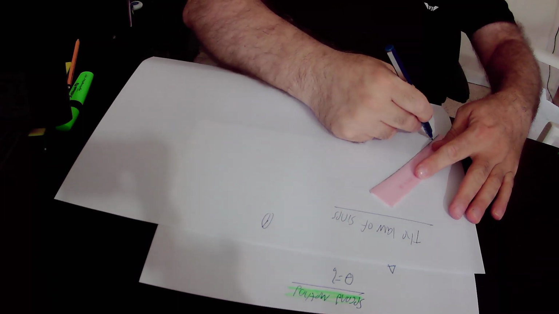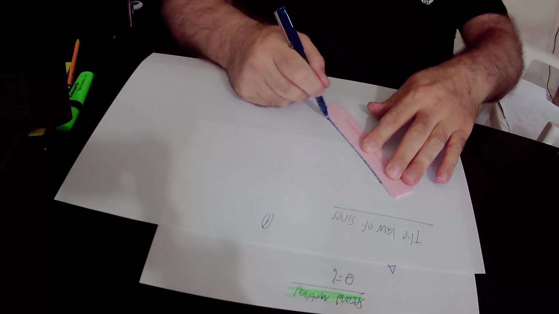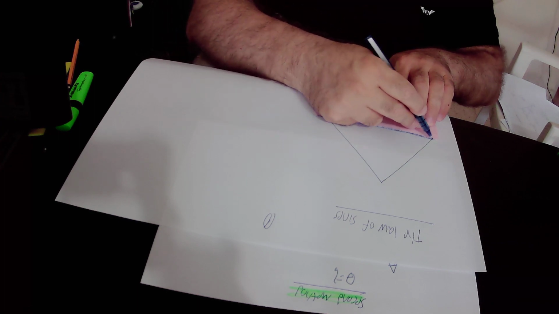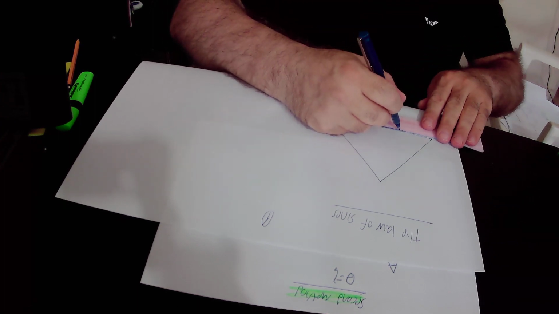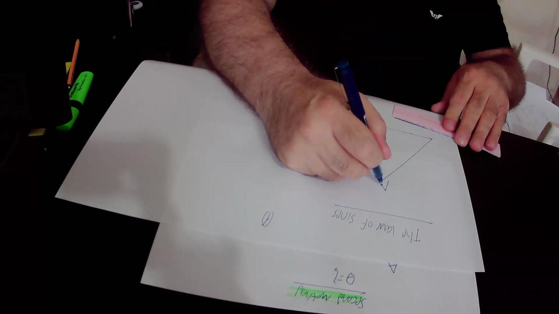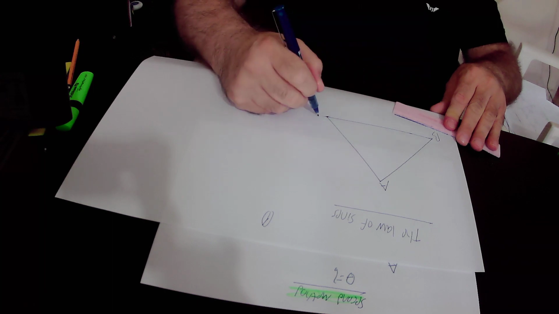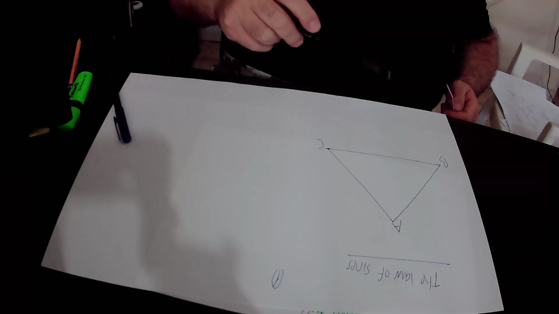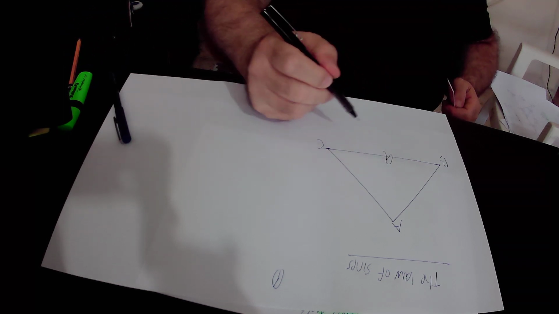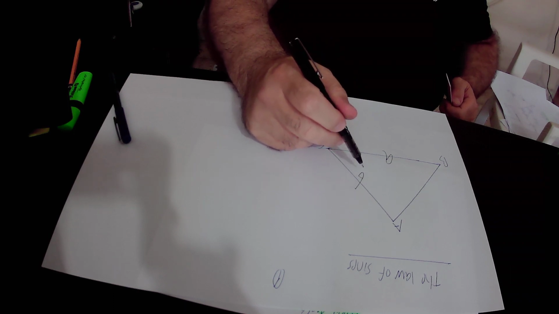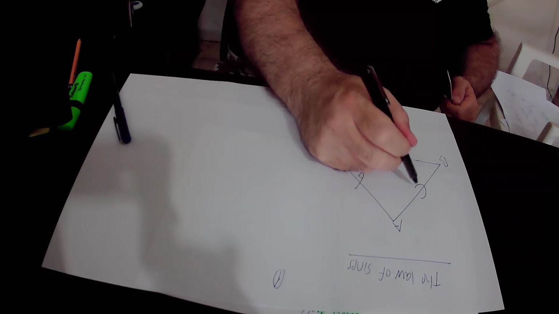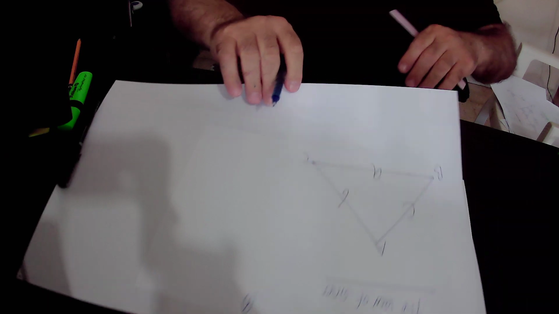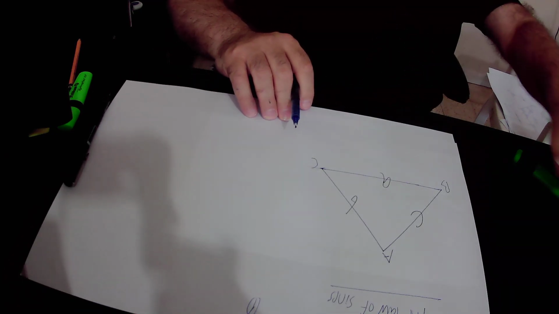So if we have this triangle ABC, that could be any triangle, where side BC equals a units in its length, side AC equals b units in its length, and side AB equals c units in its length, then according to the law of sines, we get that in this triangle ABC,